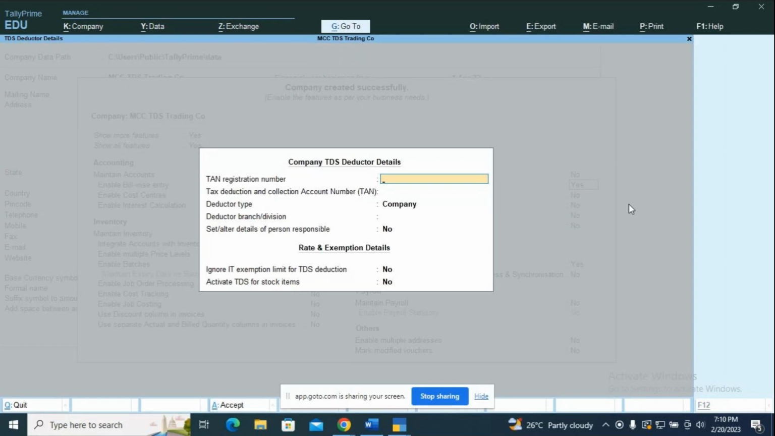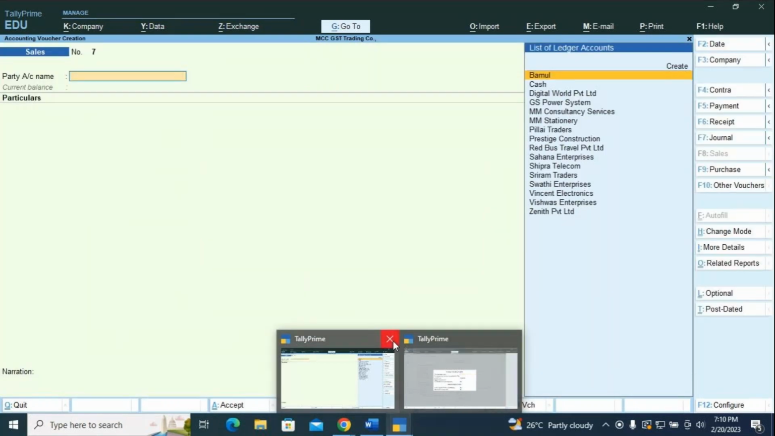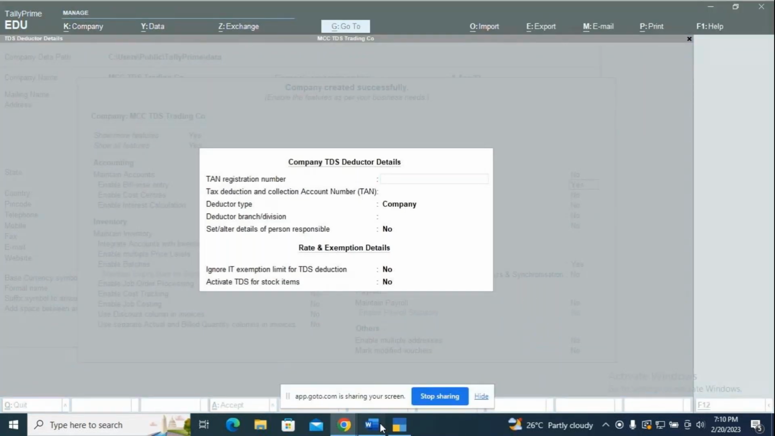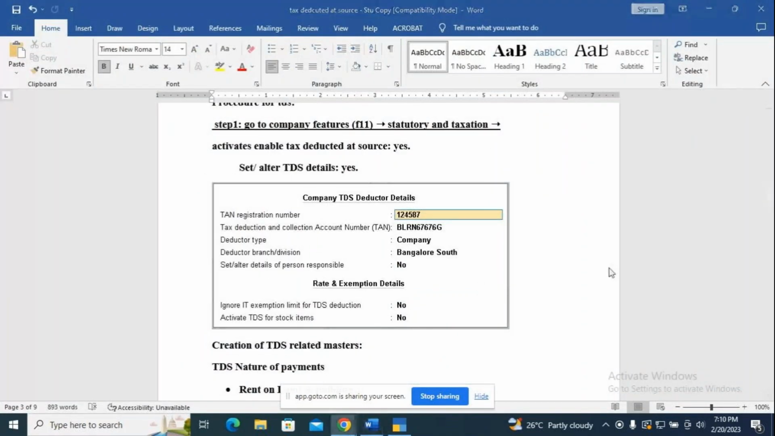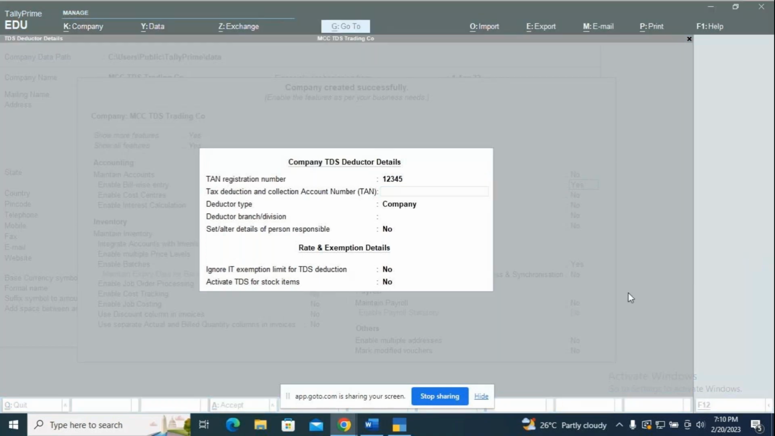So I'll give the necessary details. So here I have given the information. The TAN number will be the registration number, a random number 12345, and the Tax Deduction and Collection Account Number. So I am going to give